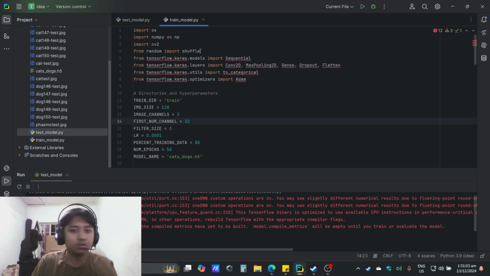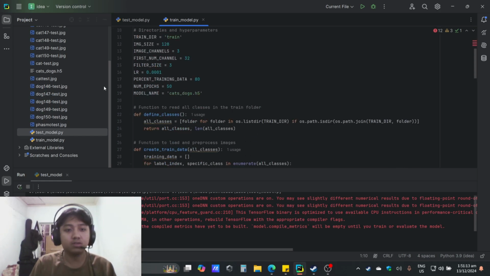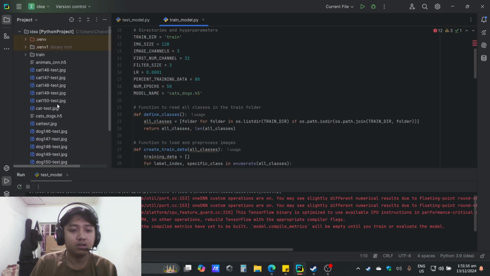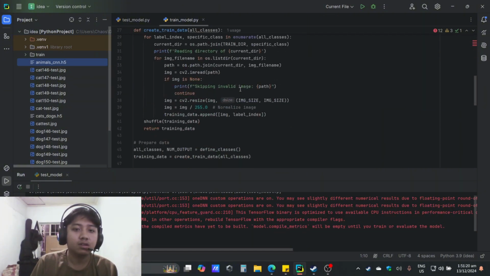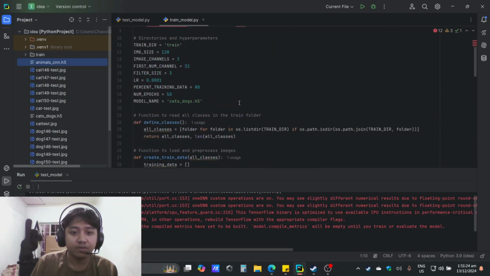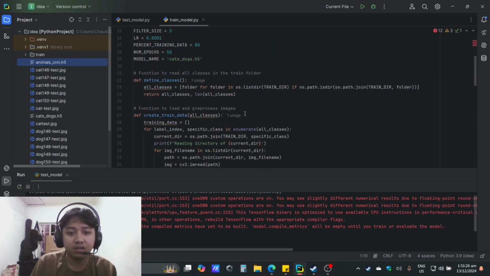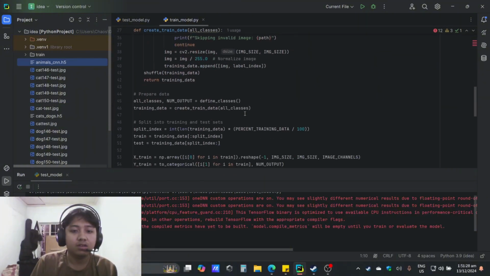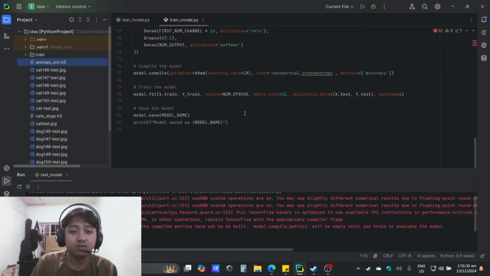This code is already provided, and so let's see here in the train model, we import this file, which is CNN animals.cnn h5. So I have the defined classes create train data, and also,